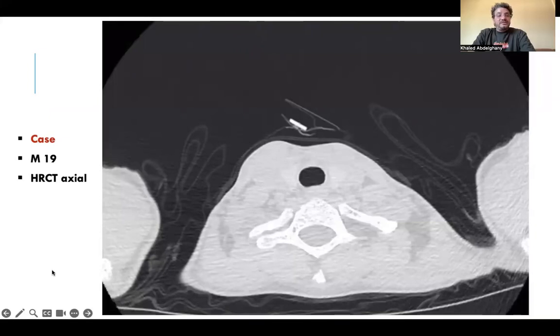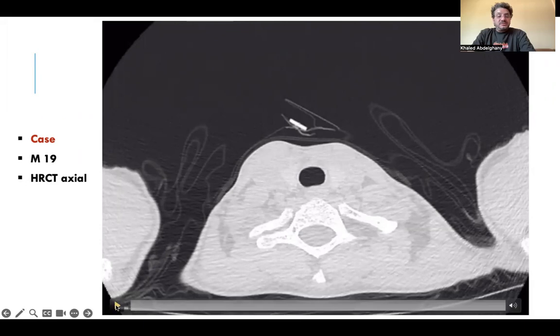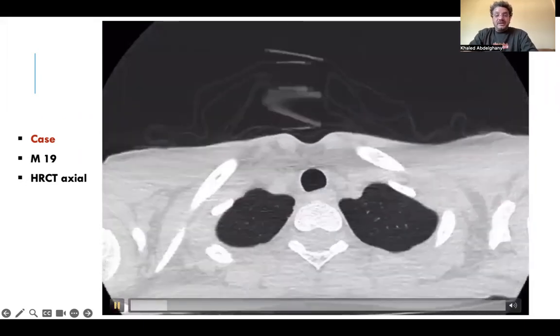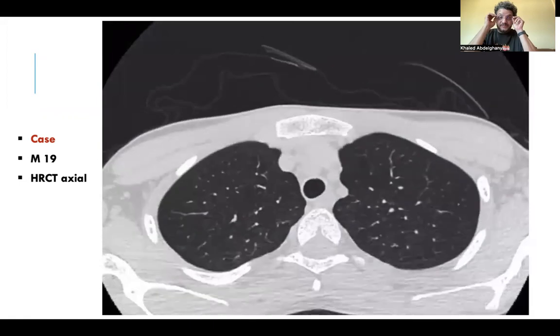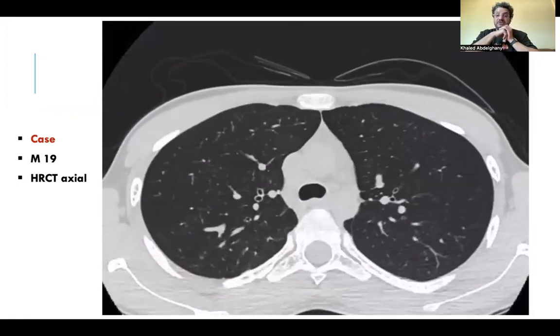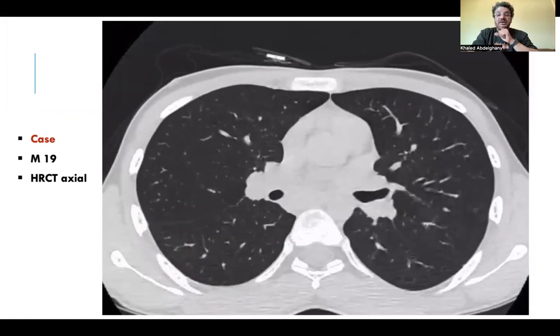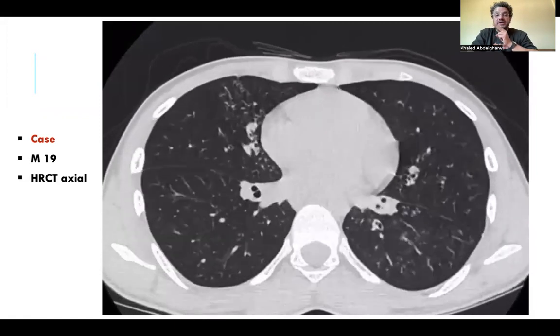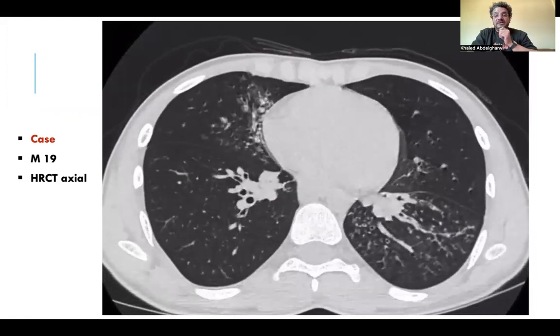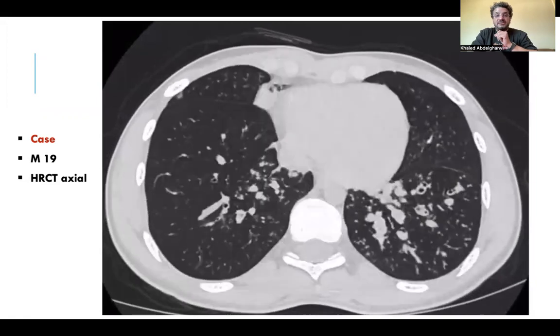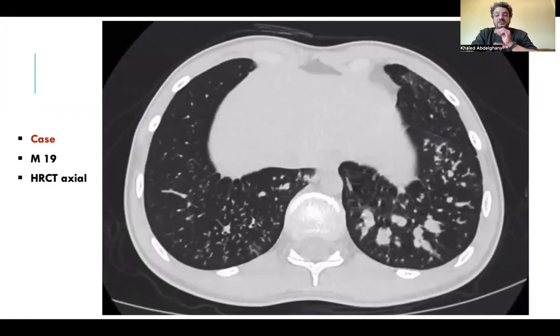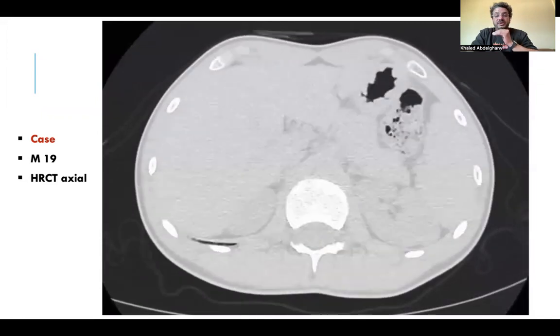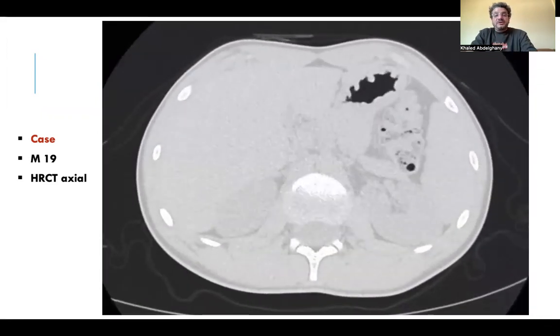Here we have a case of a 19-year-old male who was requested to do HRCT and paranasal sinuses. Once a pulmonologist or a physician asks for both together, he has in mind sinopulmonary infections. So in your HRCT reporting and paranasal sinus reporting, you have to be up to his thoughts. Sinopulmonary infection